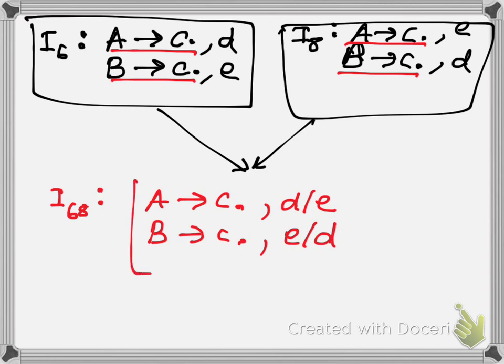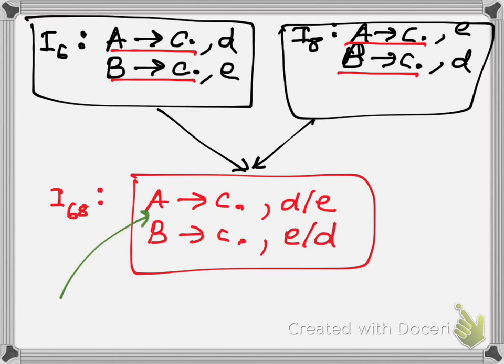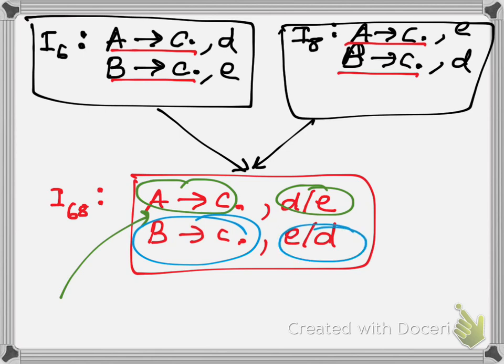Now there is a problem. If you look at this set, here I will reduce by A derives C on D and E. At the same time, I will also reduce by B derives C on E or D. Okay, so in my parsing table, in the row for state 6-8, on D and E, both will be reduced by A derives C or B derives C. So this gives me a reduce